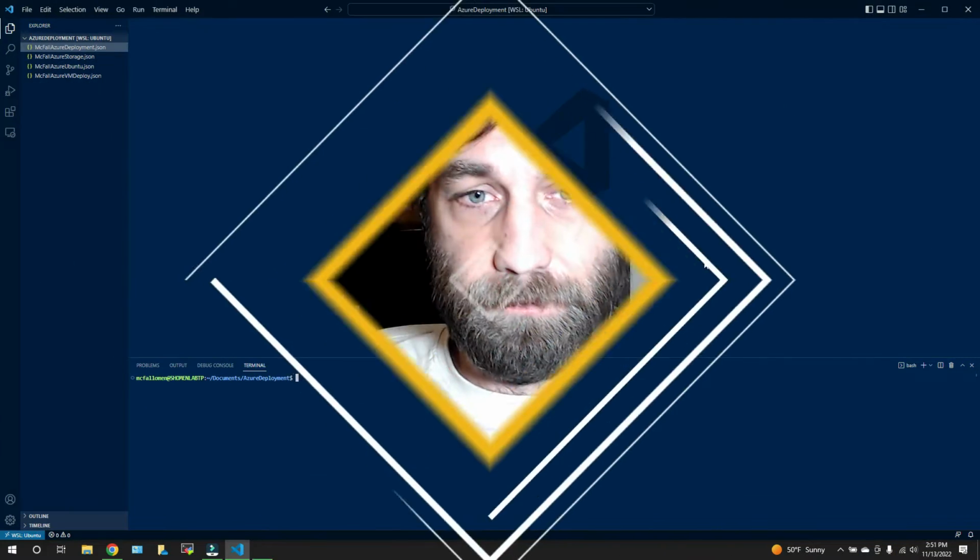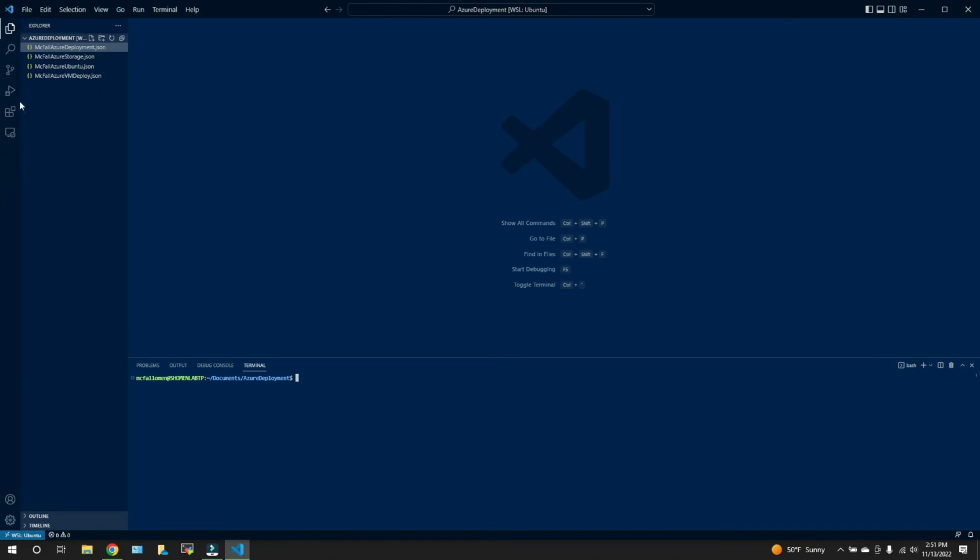Today we're going to go ahead and create one 22.04 Jammy Jellyfish instance, one network security group for that instance to allow me access, one public IP address for that instance, and then one network interface card for that instance. Join me. Okay, so the first thing I'd recommend is to do this in VS Code and then to come